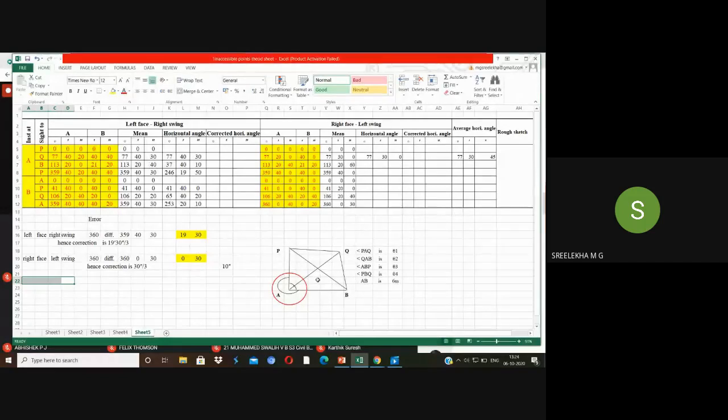Can you understand that? When you are sighting to the point P, we have started from 0 here, 0 to this point. The total angle is 113 degree. Minus that 77, we'll be getting the angle included between. Just before, the adjacent point is Q. Whatever be the angle included between Q and B, it will be deduced in the column of horizontal angle. Similarly, 359 minus 113, that will be the horizontal angle here. Okay, is it clear? What will be the values written here? Is it clear? Anybody?